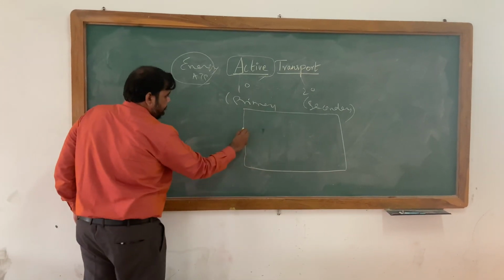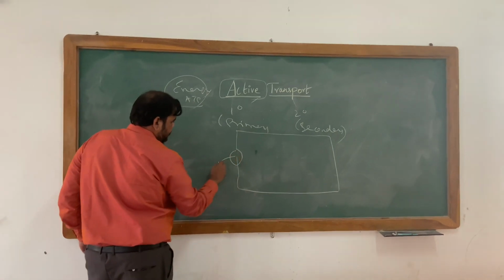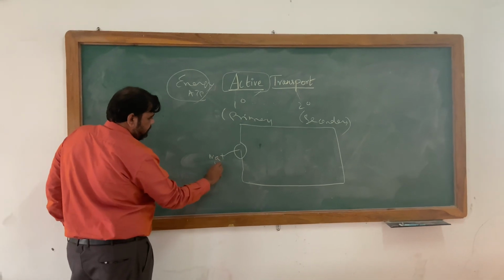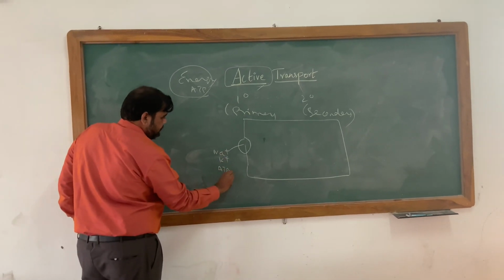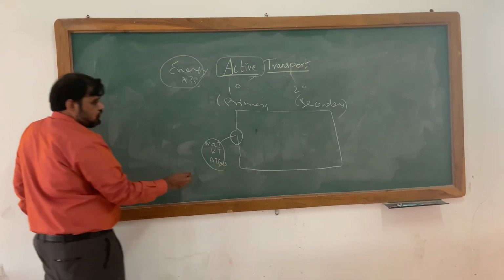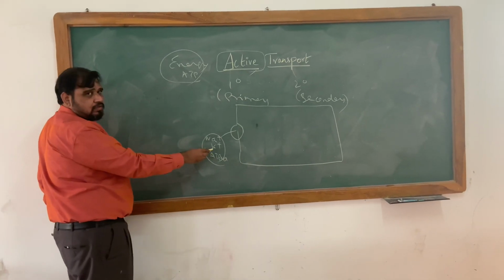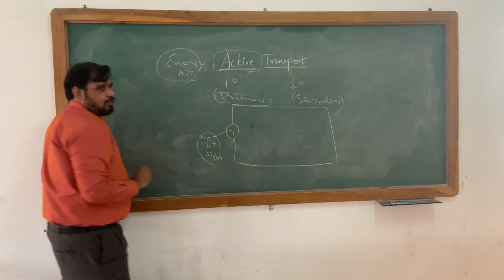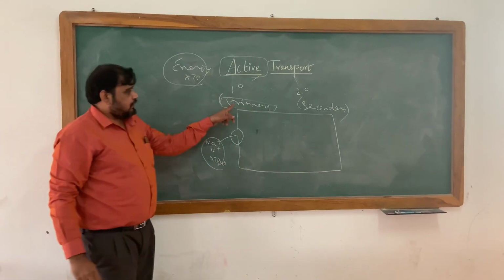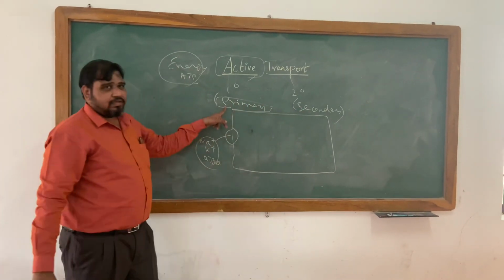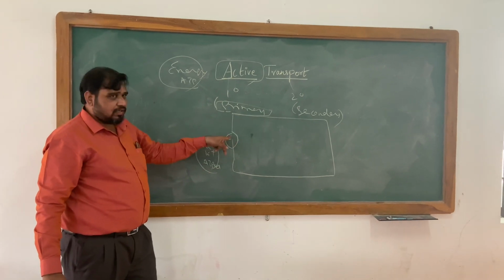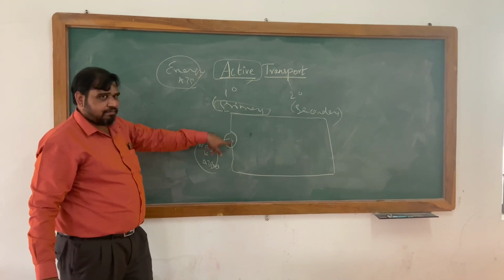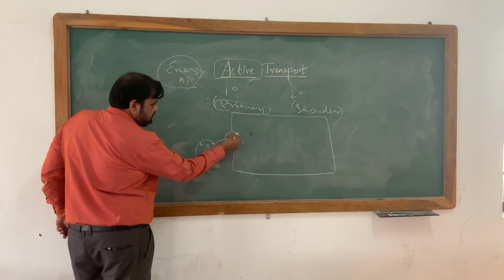This is sodium potassium ATPase. Sodium potassium ATPase, also called the sodium potassium pump, is an example of primary active transport. Now the difference between primary and secondary is that primary directly requires energy, that is, the ATP is present by itself. And why is this called active? Because it is against the concentration gradient.